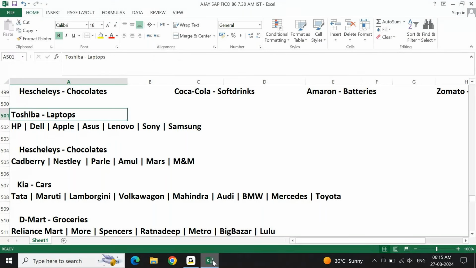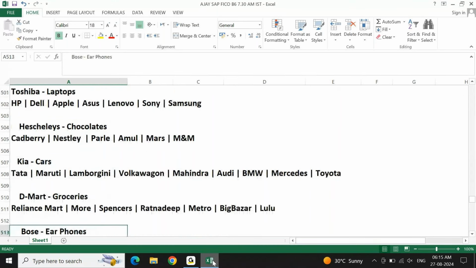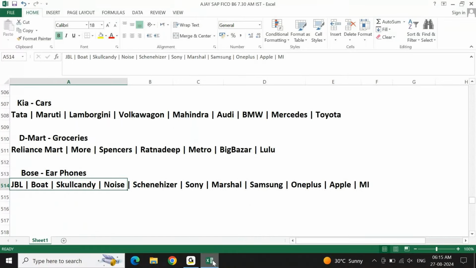You have listed HP laptop, Dell laptop, Apple laptop, Asus laptop, Lenovo laptop. Similarly, Hershey chocolate, other companies where there are chocolates, Kia cars, other companies where there are cars, DMart store, other companies where there is grocery shopping, Bose, other companies where there are earphones or music system.